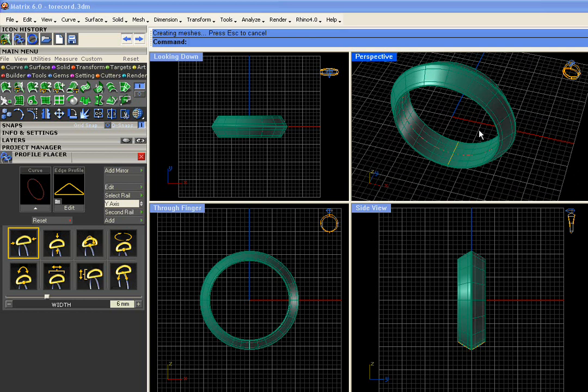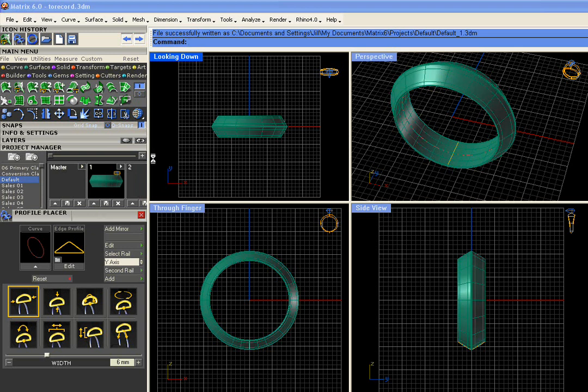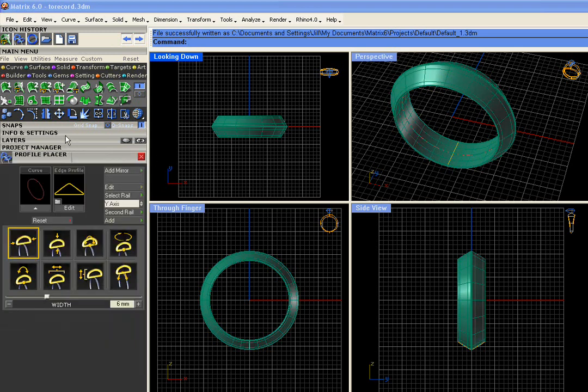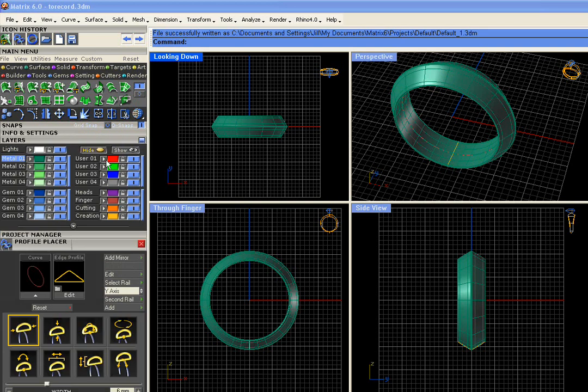Now this ring is ready for the star-shaped cutter. Let's place it in a job bag. To begin, we'll select a new layer color for the color of the star-shaped cutter. It's a really good idea to place new objects onto a new layer color. So we'll simply make the cutting layer active by clicking it, and then the next thing we draw will be